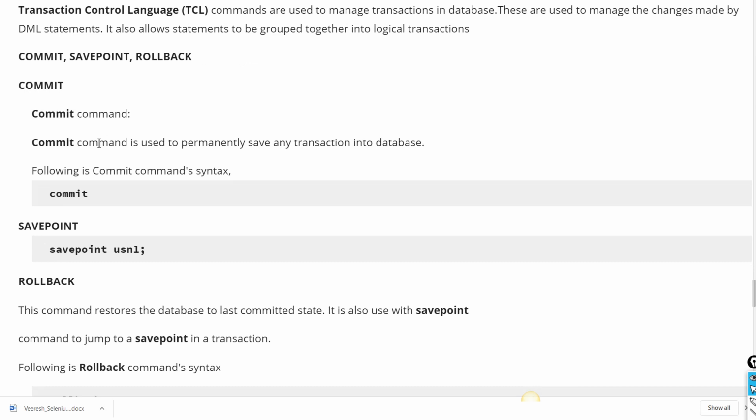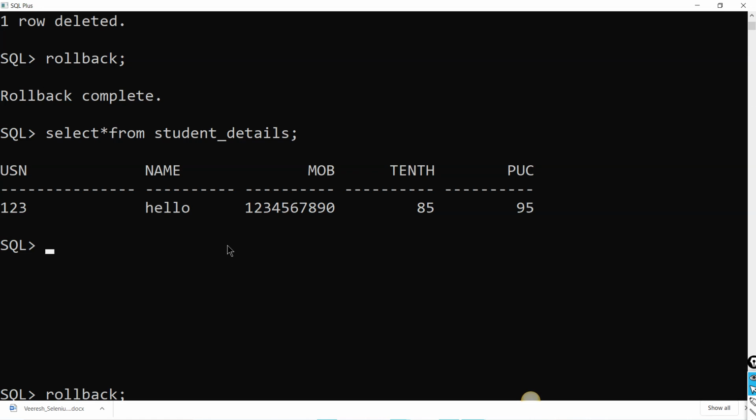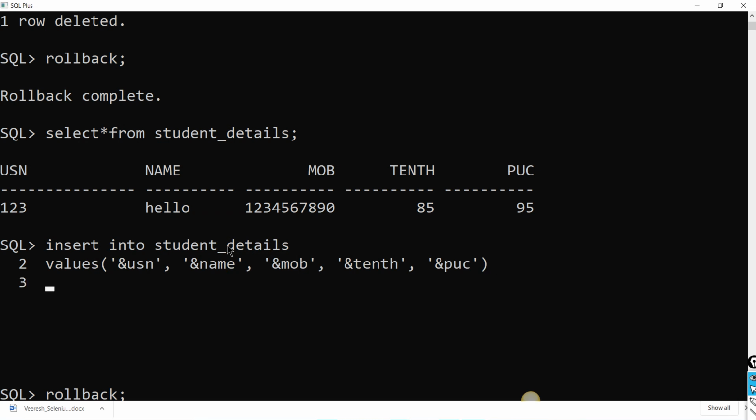Now the commit command, how to use the commit command. Here we have used commit and rollback, but savepoint was missing. I'll try to insert one more value here. I'll not insert it now, because I have not used a semicolon here.